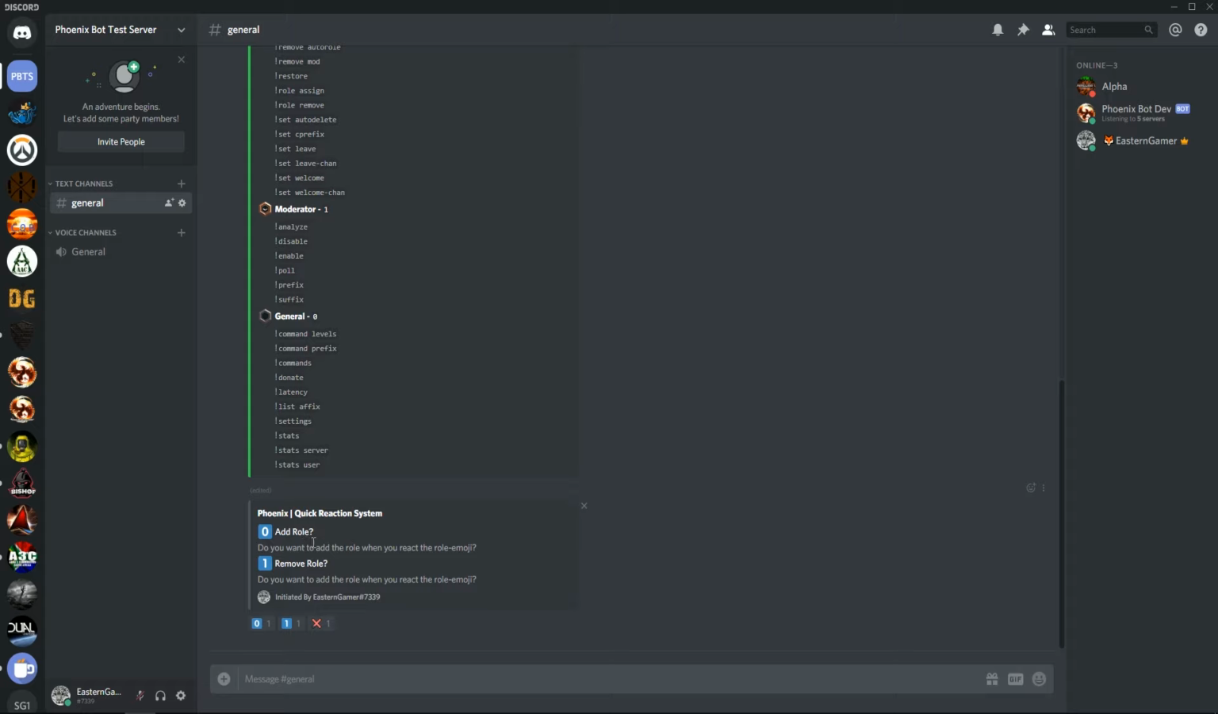So yeah, you can either choose add role or remove role. Add role, as it says, will add a role when you react with your role emoji that you've selected. And whenever you remove that emoji from the message, it will subsequently remove the role on your user. The reason why we've got a remove role function is because it will do the exact same thing, but instead of